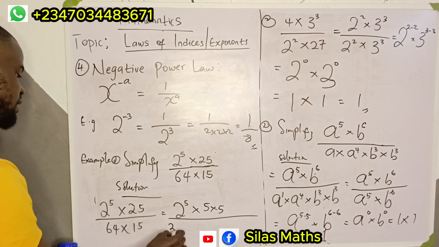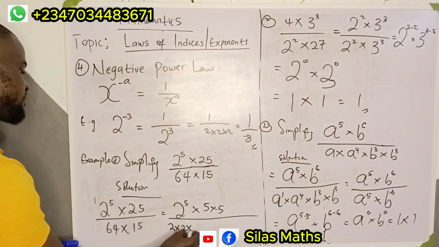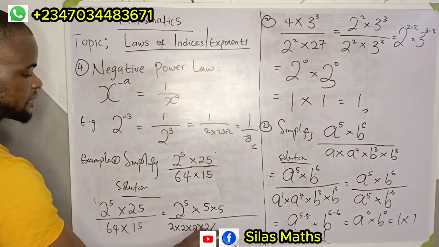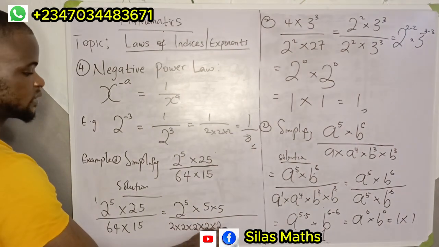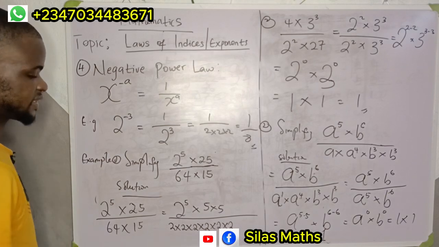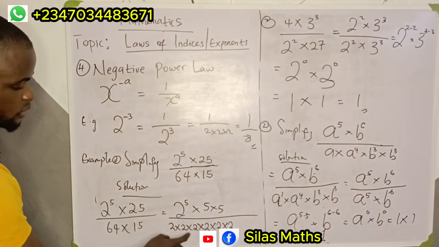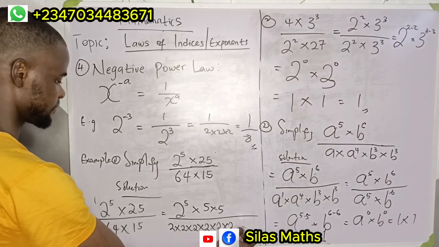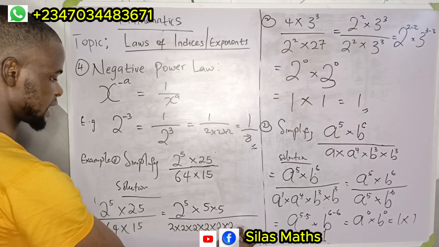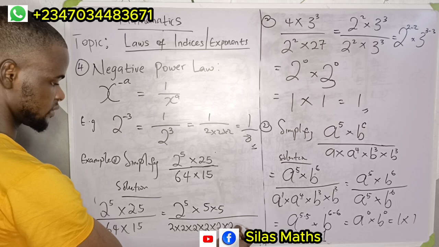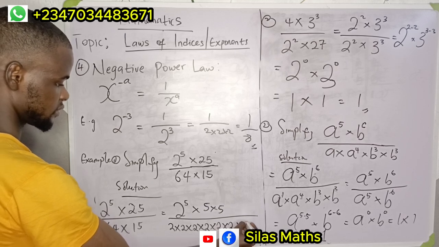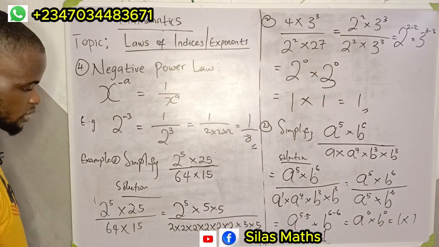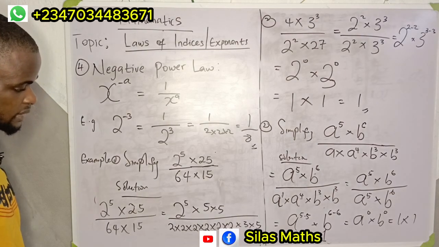That is to say, 2 times 2 gives 4, times 2 gives 8, times 2 gives 16, times 2 gives 32, times 2 gives 64. That is 1, 2, 3, 4, 5, 6. Then 15 is 3 times 5. So if we take a look at this, we can see that